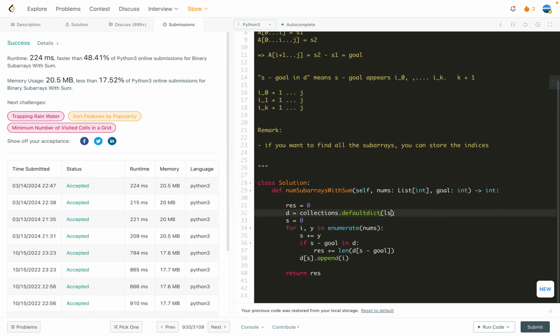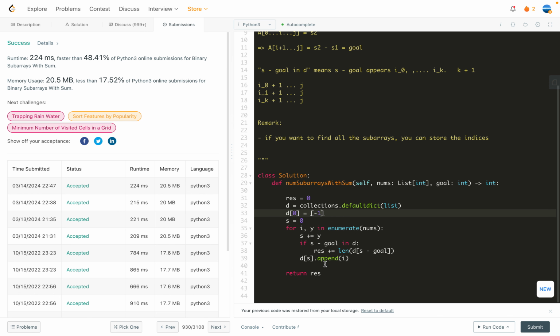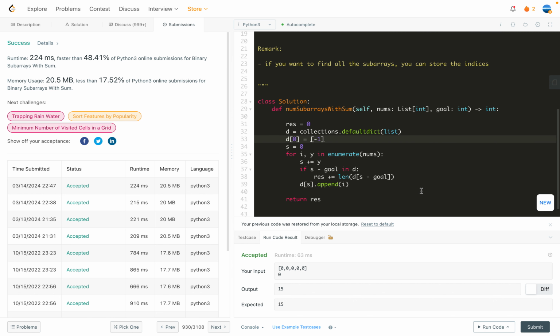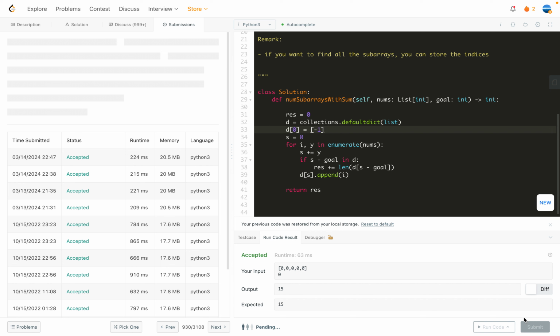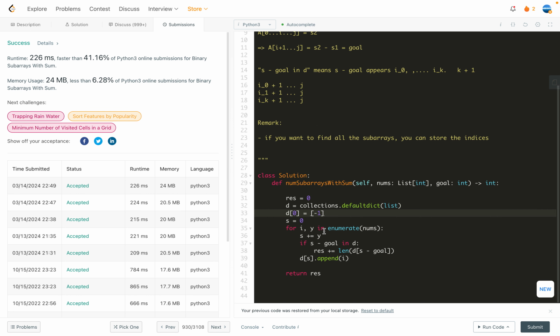So we use a list container, a list function. And for D, this one I'm going to set to be -1. Then you can see this is also right. Let me first check it, and then we print some more information. It passes all the cases, but in this case, I can get all the